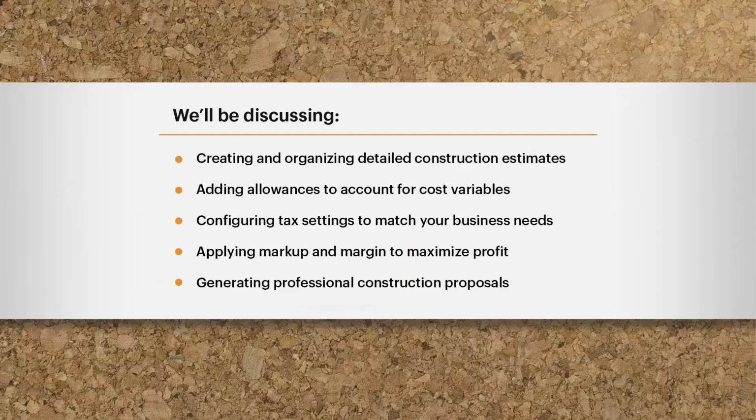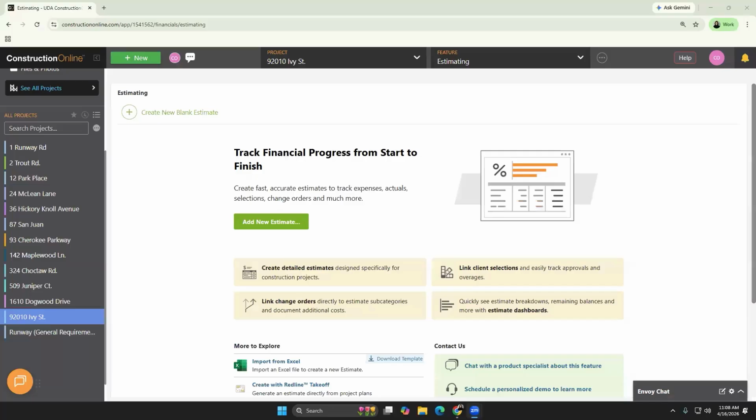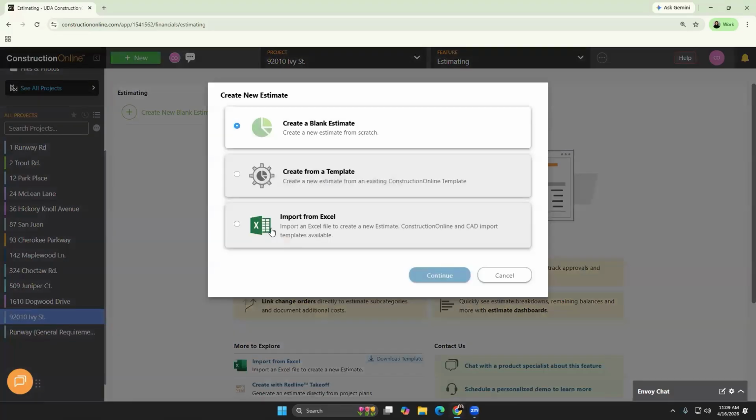Yeah, so you will be able to see now that I am within one of my projects on Construction Online. When you're navigating to the estimating feature within a project for the first time, you're going to be prompted to create a new estimate. Right away, you have options, because we recognize that different teams work differently and different projects call for different starting points. If you select the Add New Estimate button,